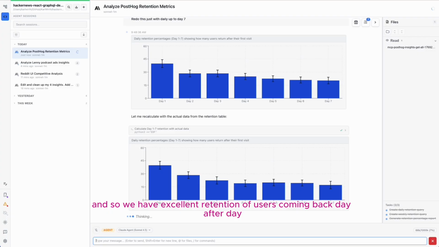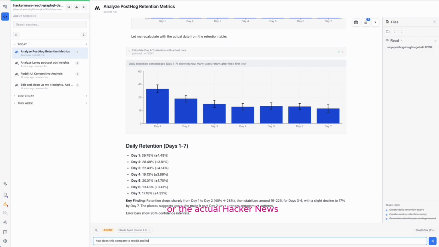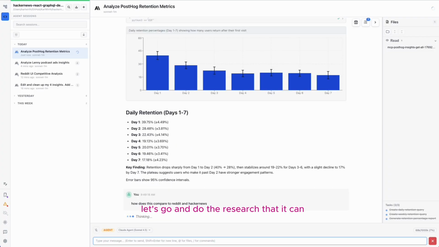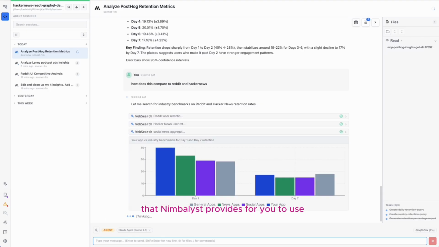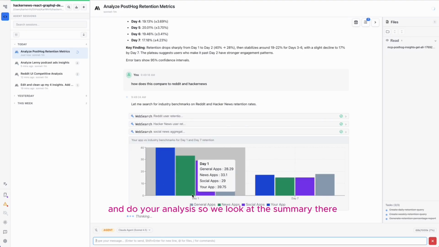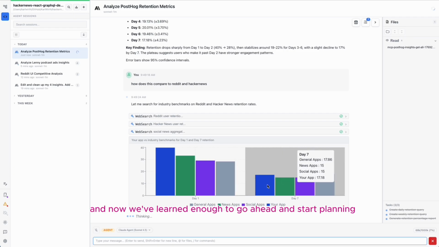And so we have excellent retention of users coming back day after day, we think, but let's go ahead and have Claude Code compare that for us to other competitors, say Reddit or the actual Hacker News. It'll go and do the research that it can. And you can see some very nice inline graphing capabilities that Nimbalyst provides for you to use and do your analysis. So we look at the summary there, go back and forth,